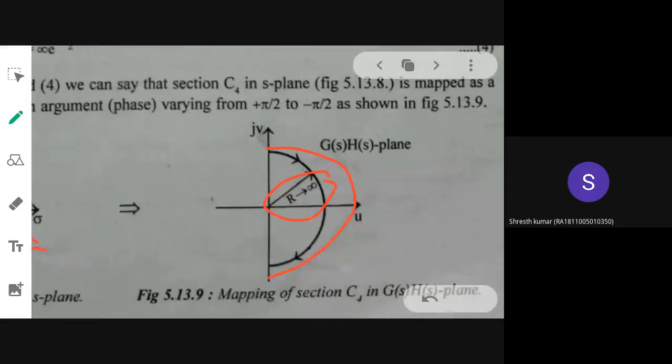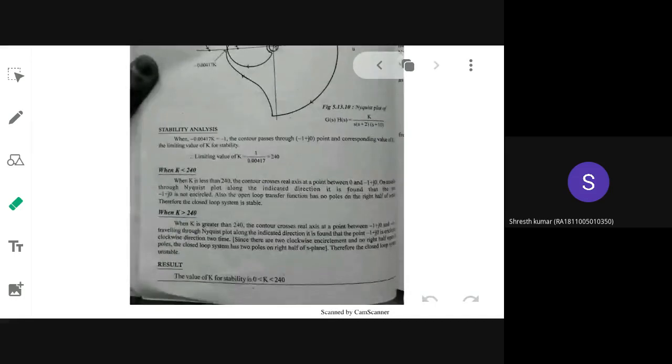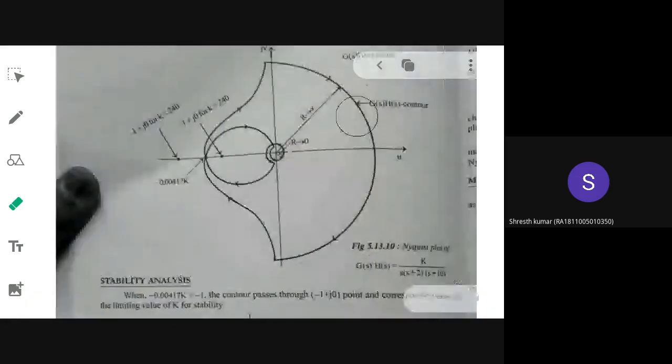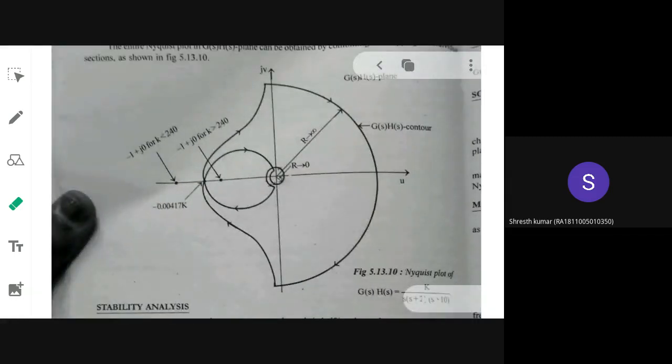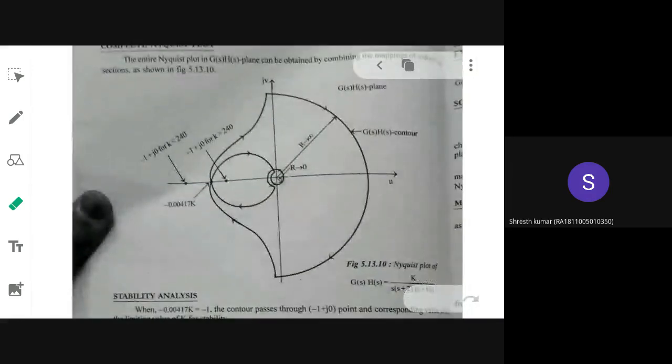So finally, after mapping these individual sections, you have to draw all the maps together, beginning from the first map, second map, third map, fourth map. You cannot mismatch the order. From the first map only you have to draw in sequence till the last map. If you do that, you will get a Nyquist plot. We started off with the Nyquist contour, but now the diagram is being changed to a Nyquist plot. So now I will tell you how they have drawn it.